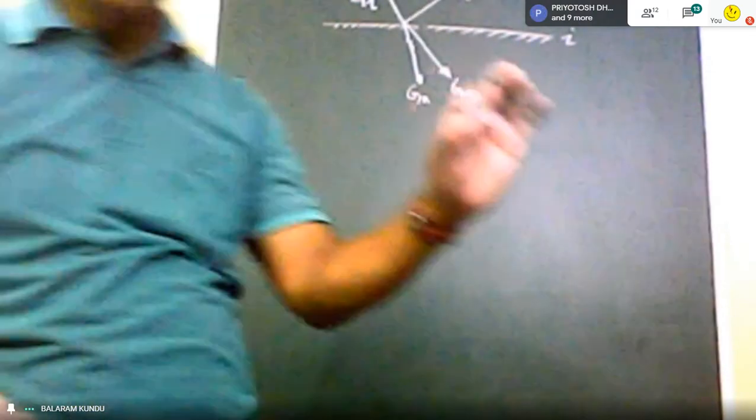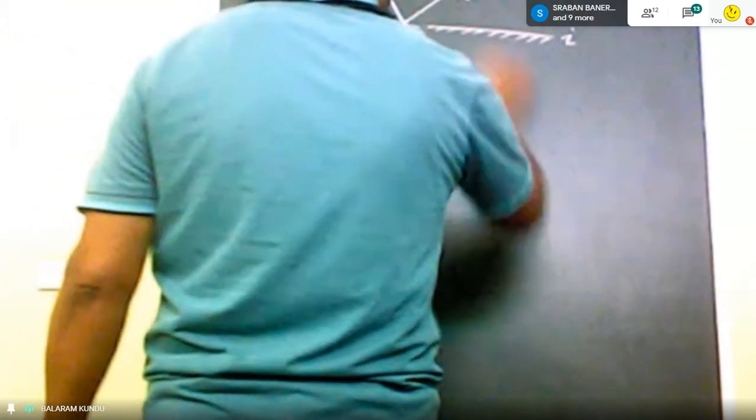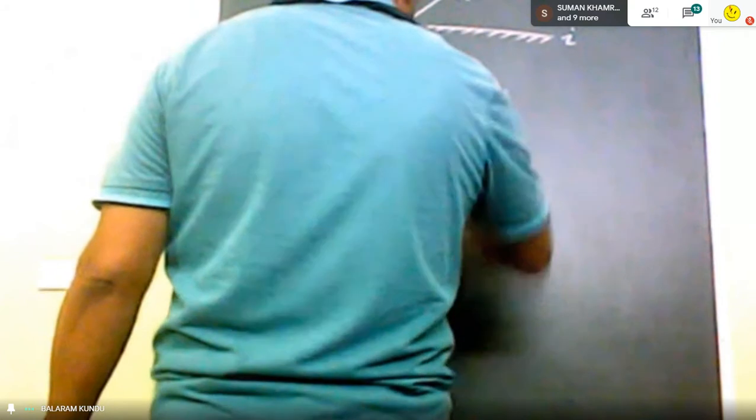You know, we have already assumed that the surfaces are opaque. If the surfaces are opaque, GT should be 0. So this part should be 0 for an opaque surface.